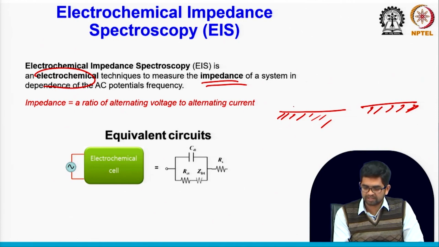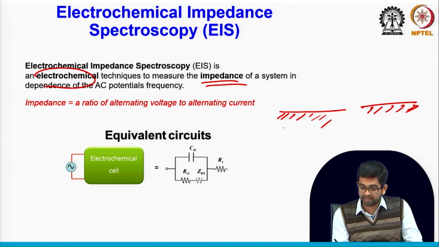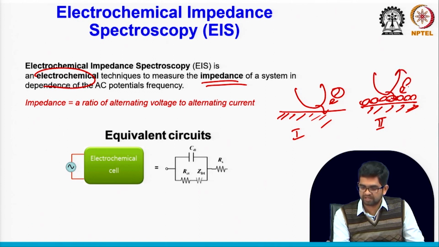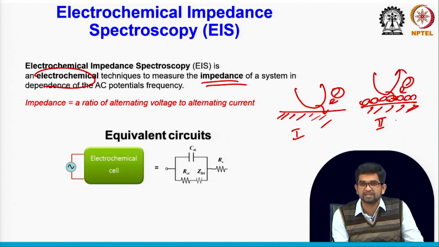One surface is not that conductive, and the second surface contains many different nanomaterials that are very highly conductive. If you measure some electron mediation reaction, the electron transfer rate, on the first surface and the second surface, definitely on the second surface the electron transfer rate will